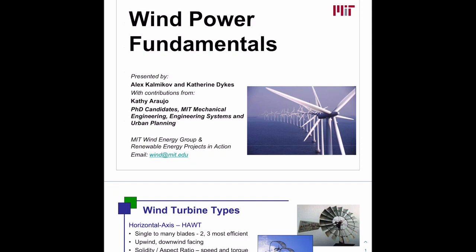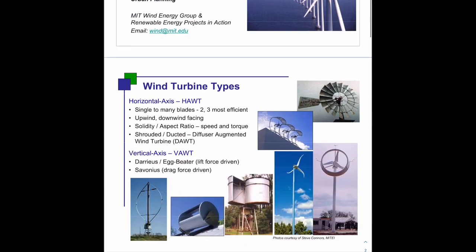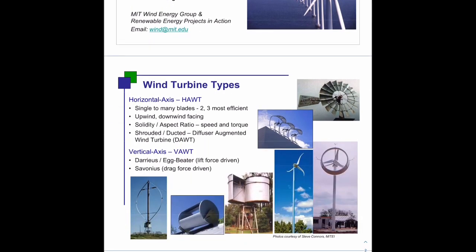Today I will be talking about renewable energy and, to be specific, wind turbines. So first we have wind turbine types. We have two types: horizontal axis and vertical axis. What do I mean by that? Horizontal axis,